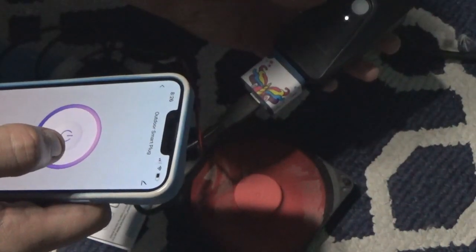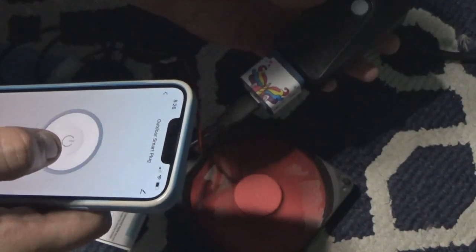Alright, so I'm going to do this again. And there we go. Now there are other things you could do with this, which I'll do in another video. You could set this up to go through either Alexa or Siri or even Google Assistant, but I will do that in another video. And you can pair two together, but I only have one. So basically that's it. And just to prove again,